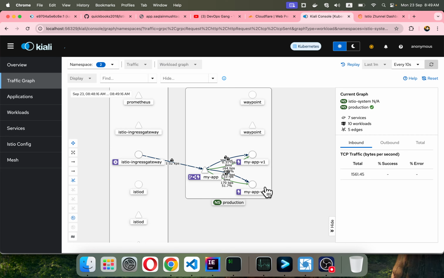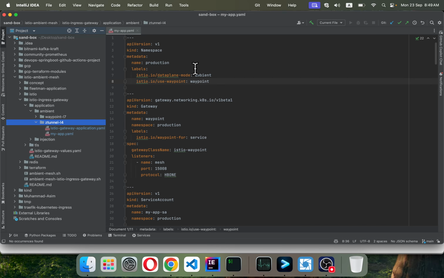same application. You can say that it's a canary, you can do that, but what you can do, initially send 1% or 10% traffic to that, and once you're confident, you can send all the traffic to that. So what I'm going to do here, I'm going to generate more traffic here, and let me also simply send more traffic to my